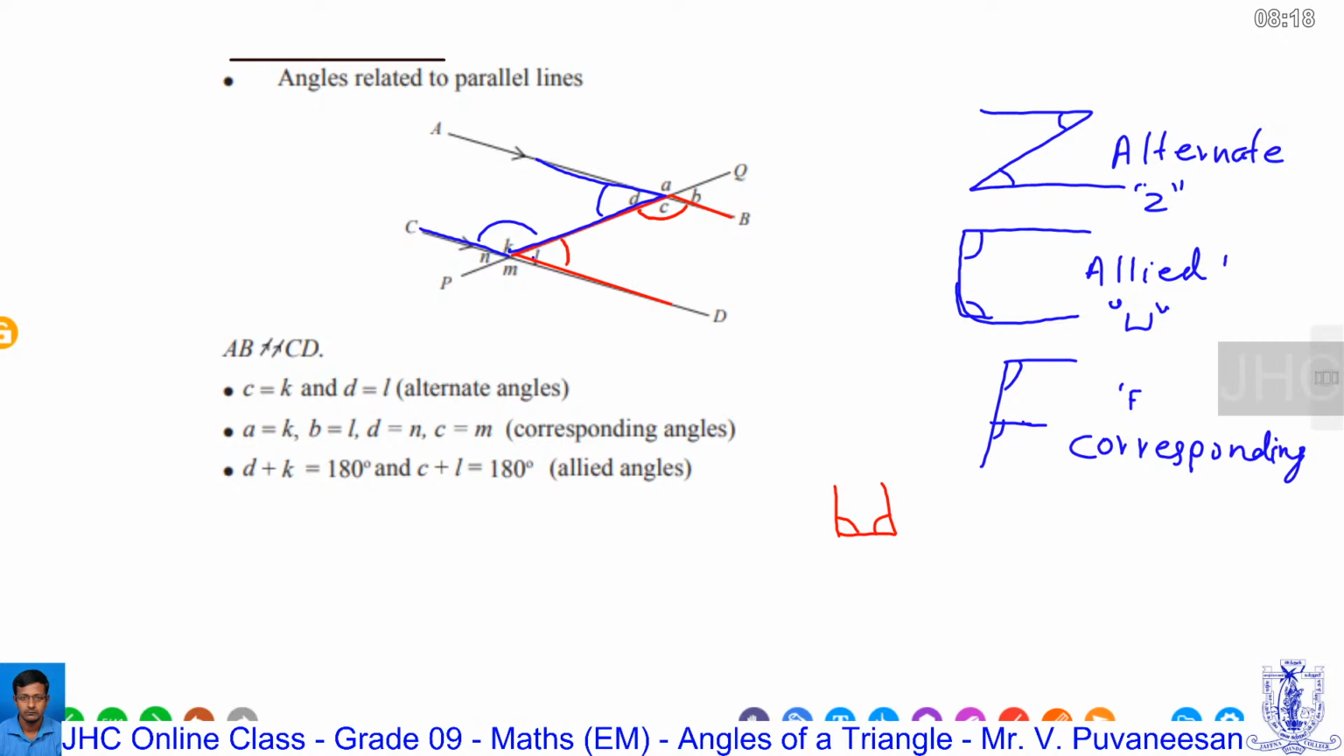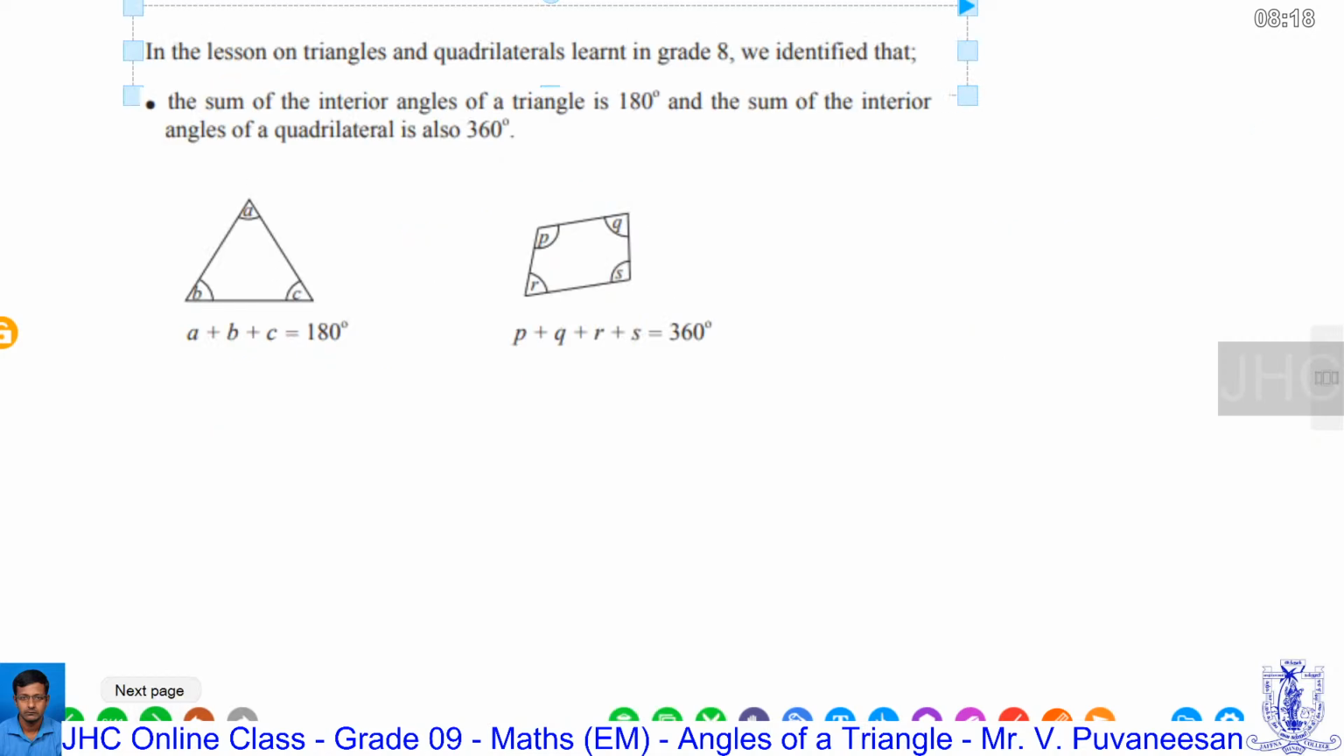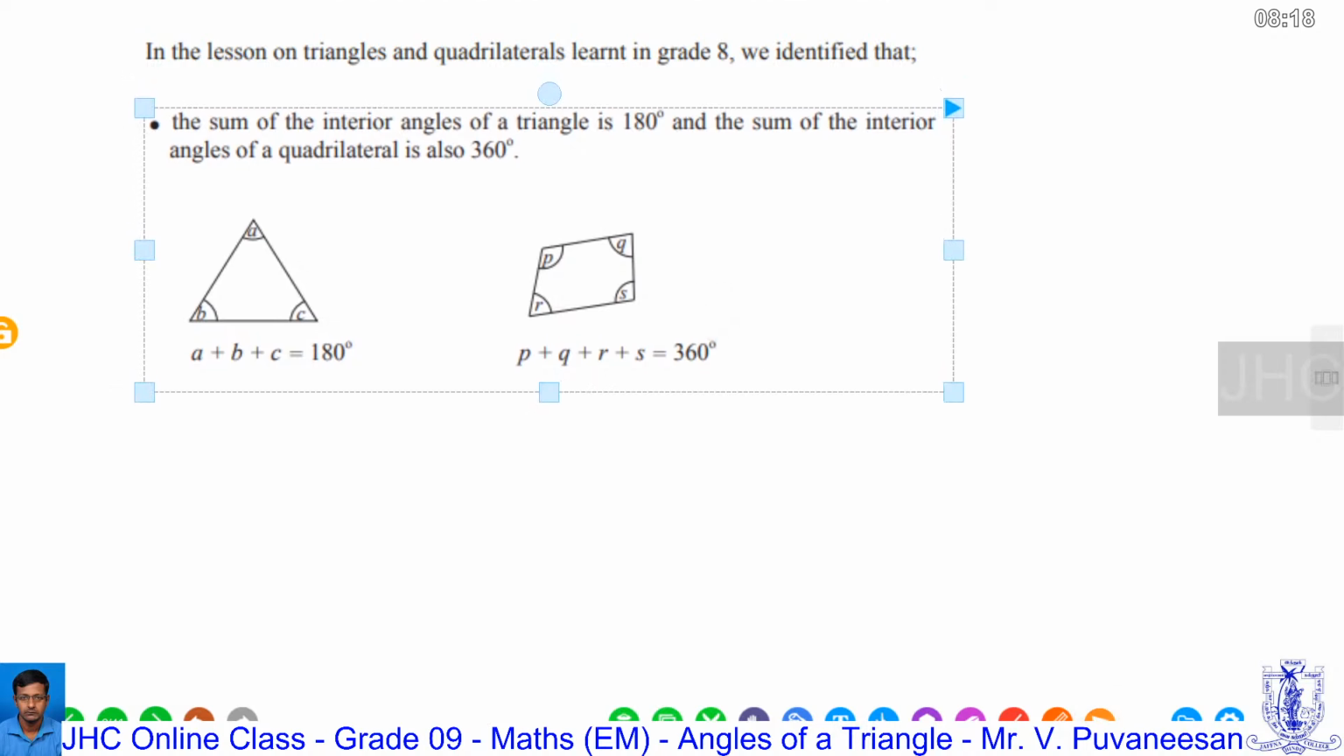Alternate angles are equal, corresponding angles are equal, and the sum of the allied angles is equal to 180 degrees when the two lines are parallel. Okay? Okay. Next. In the lesson on triangles and quadrilaterals learned in grade 8, we identified that